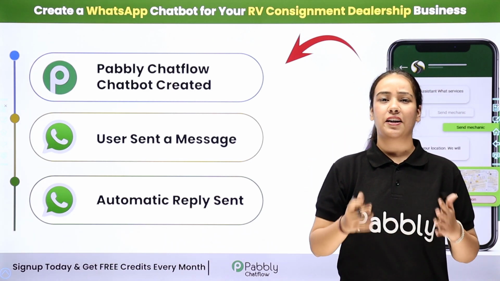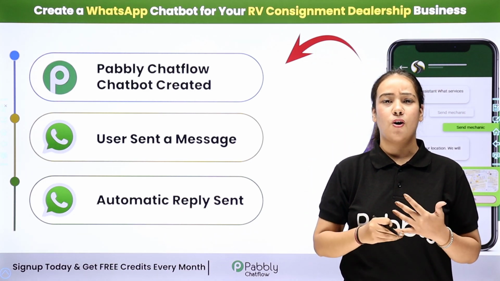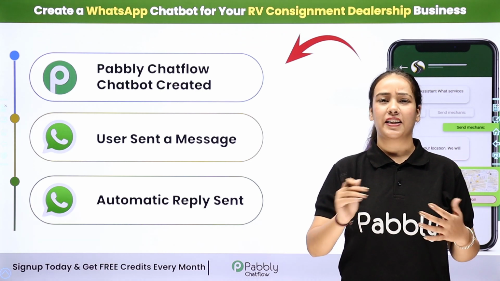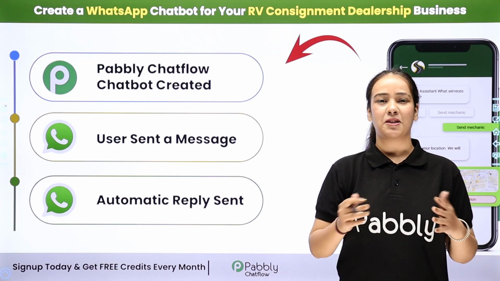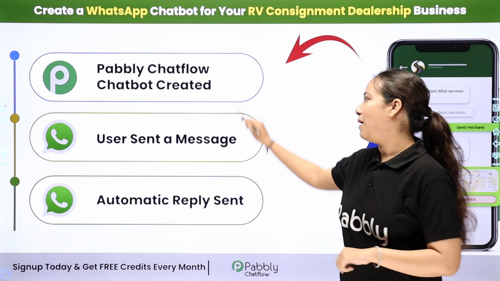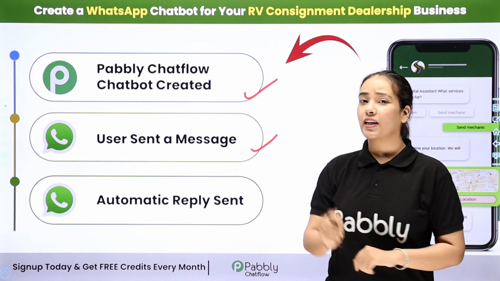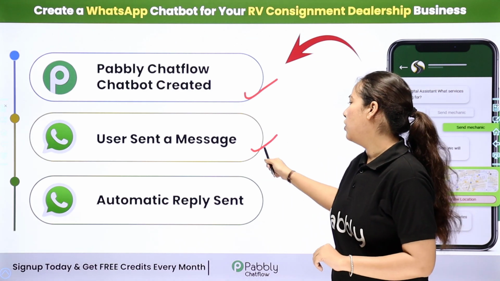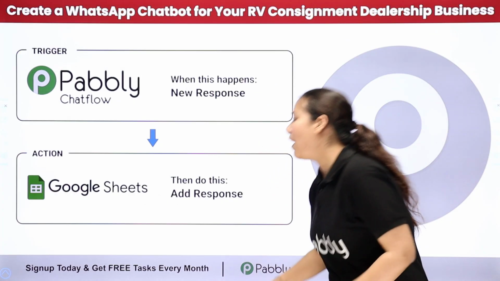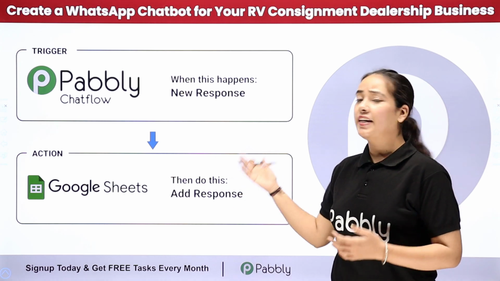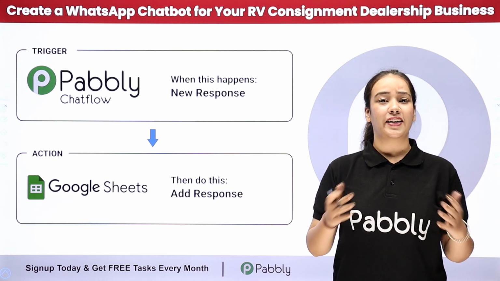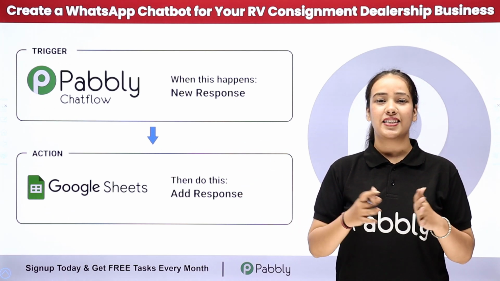In this business, you get a lot of inquiries on WhatsApp regarding stock, appointments and whatnot. Replying to each inquiry individually would be a time-consuming, hectic task. That's where Pabbly Chatflow makes a huge difference. When users send a message, it automates your task and saves your valuable time. Not only that, you can also add your customer details to the Google Sheet as well. If you want to know how to create this amazing chatbot for your own business, then let me take you